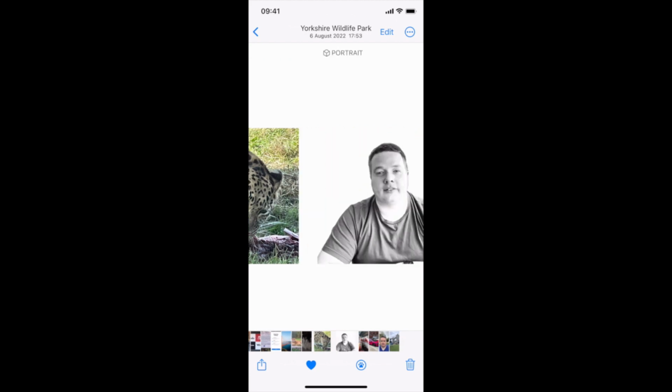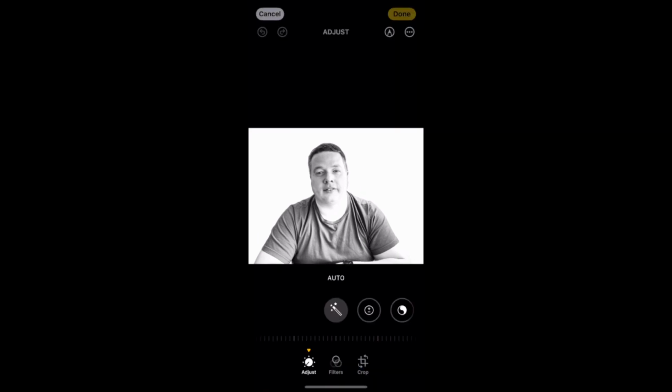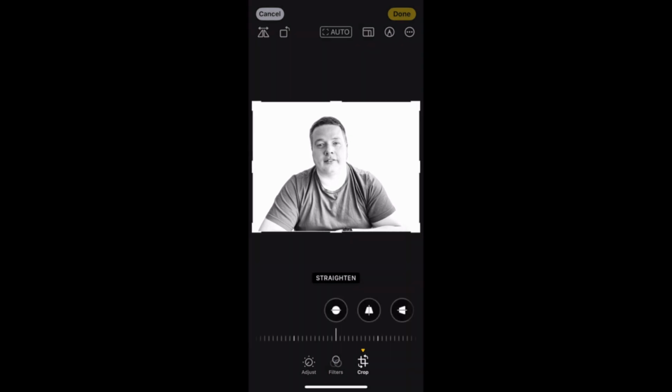Say we wanted to go to a photograph here. Let's go to Edit. You'll notice now that the cancel and done buttons are now at the top of the page. So that just prevents any accidental touching of those at the bottom as you go through some of these things here. And also the words there are just filters, crop. It was just the images before, but now they've filled it in with the words. And if you do go to crop, you'll see at the top there there's an auto crop function too. So it'll just crop out what you think is the best thing to crop there. So that's just some of the minor UI updates there that we've noticed so far in the Photos